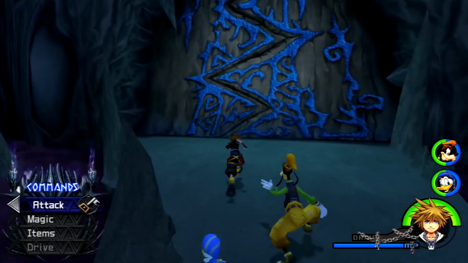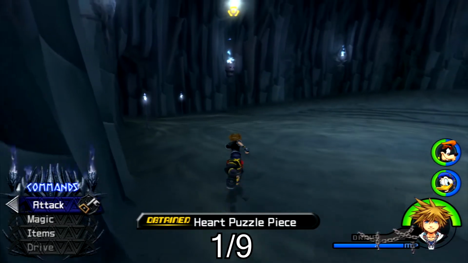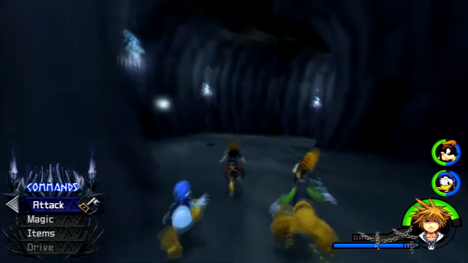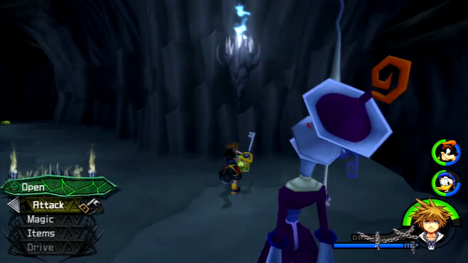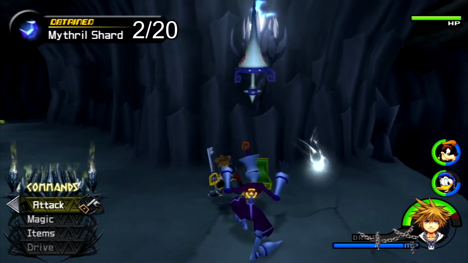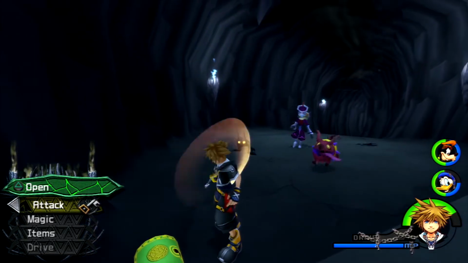After we help up Meg, we can head into the Cave of the Dead entrance, where there's a heart puzzle piece on the left side of the room. Then we'll run into the Cave of the Dead passage and go forward, then left at the fork, to get this mithril shard chest that's sitting up here. Then we'll head deeper left, where there's an ether